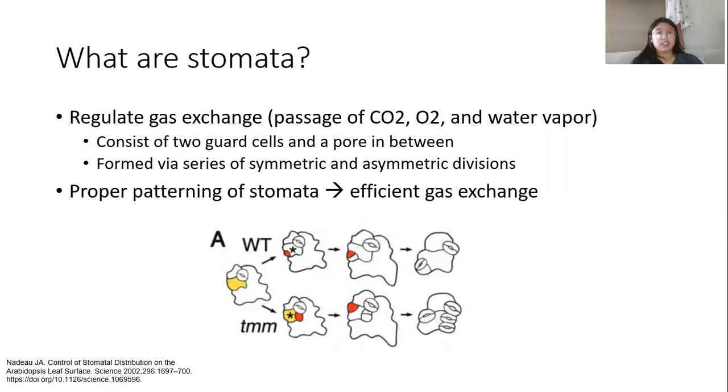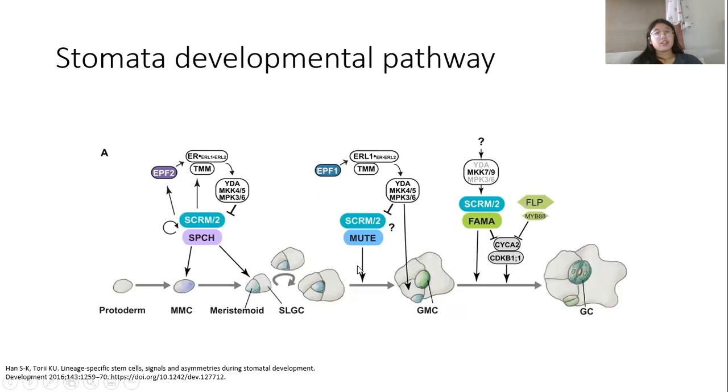Stomata regulate gas exchange, and they consist of two guard cells and a pore in between, and these stomata are formed via a series of symmetric and asymmetric divisions. Proper patterning of stomata, which means that there's at least one non-stomata cell in between two stomata, leads to efficient gas exchange. So the pathway starts with the binding of EPF2 or EPF1 to one of the members of the